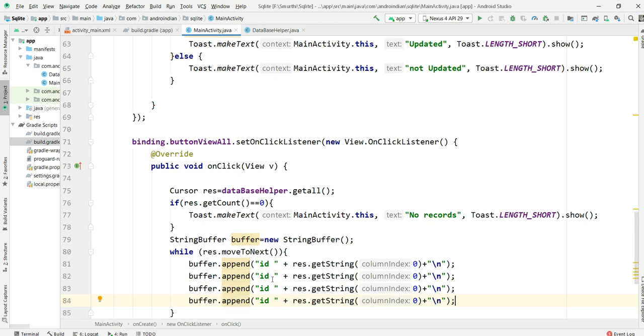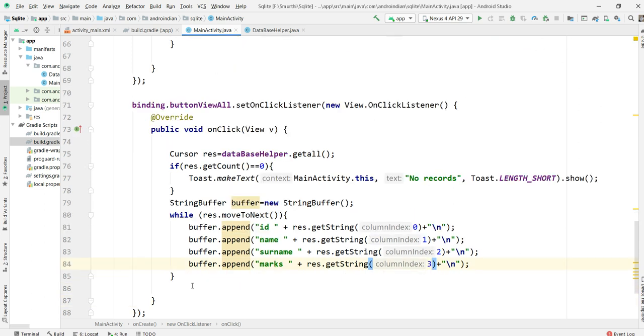So second one is the name, third one is the surname, fourth one is the marks. Here totally we have 4 different columns. Then here now these positions also we need to change: 1, 2 and 3. So these 3 positions now data is set like this, means buffer by buffer the data is available now in this.